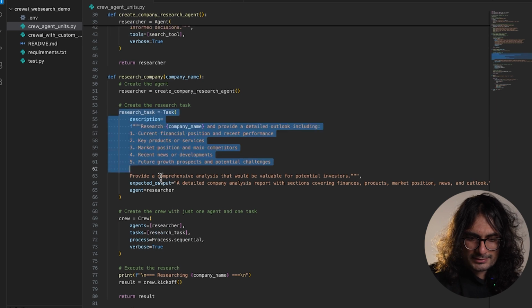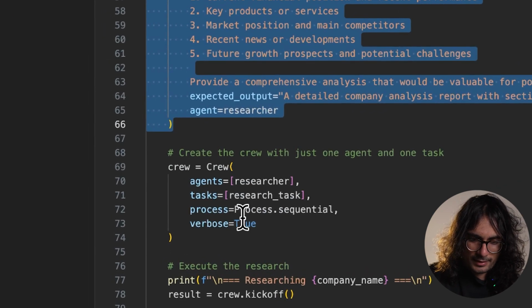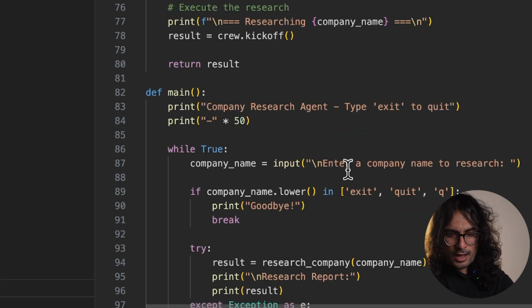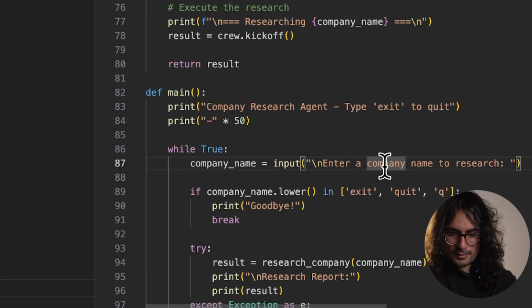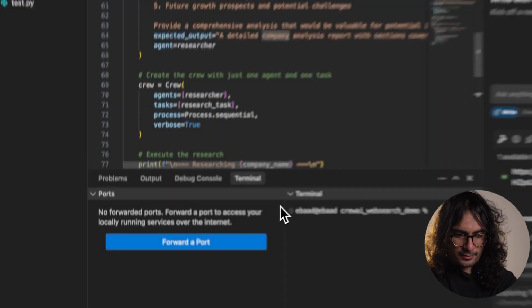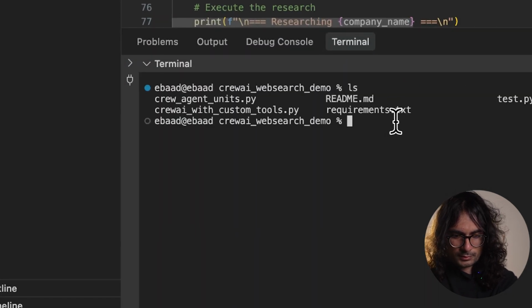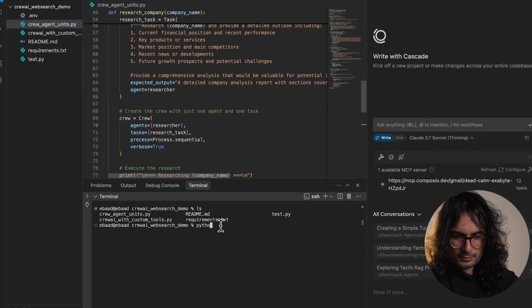Here you basically create the task, and then there's a company name, and then basically the crew runs the researcher and researcher task in a sequential. So it's a very basic tool, which we're going to run right now. I'm just going to say Python 3